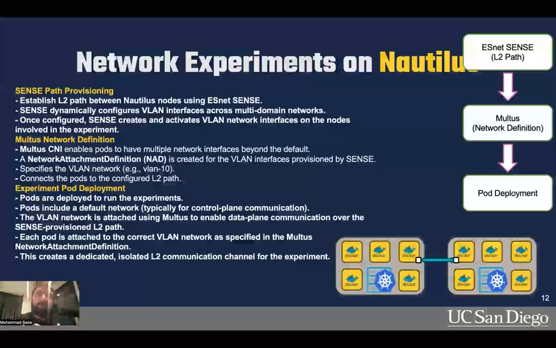This is where ESnet SENSE comes in. So ESnet SENSE allows us to provision an L2 path between two Nautilus nodes. And of course, it allows us to do that by dynamically configuring a VLAN or VLAN range to use the interfaces across the networks. So what that translates to is that if I use ESnet SENSE, I can have a VLAN tag on the interface on this node, and the same VLAN tag on the interface on this node, and I can have those two nodes talk to each other. And if those two nodes can talk to each other over that VLAN, and I provision that VLAN, the beauty of ESnet SENSE is that it